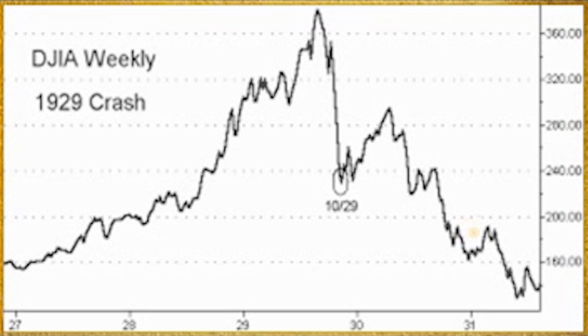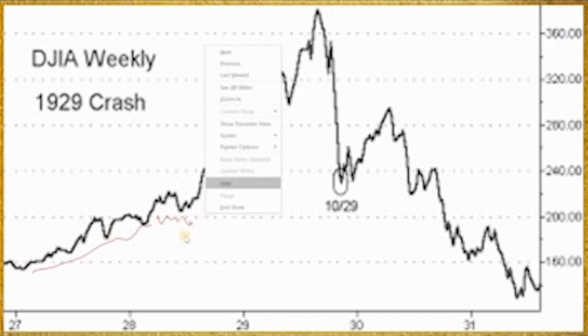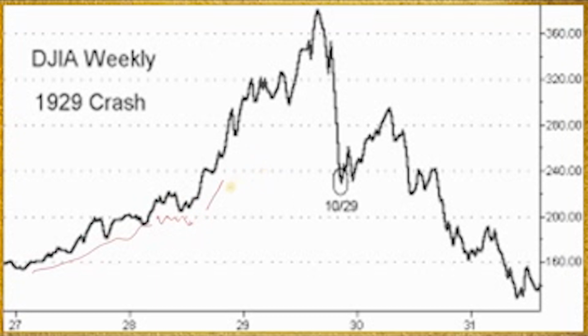So this is the crash of 1929, and this is a chart of the Dow, and we can see prices were rising steadily. There was a little bit of consolidation here, then we had a much more rapid rise up here. Again, a little bit of consolidation. So we've got these 3 peaks here, and then you get that final burst upwards. And one of the things to note here is that first decline was very sharp and rapid. You got a tiny little bit of a bounce there.